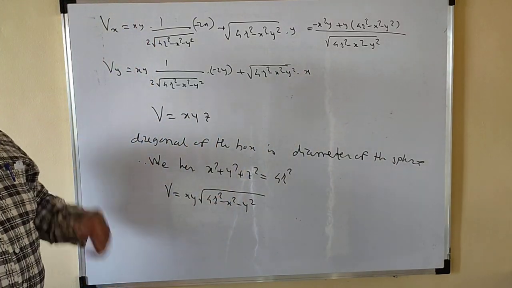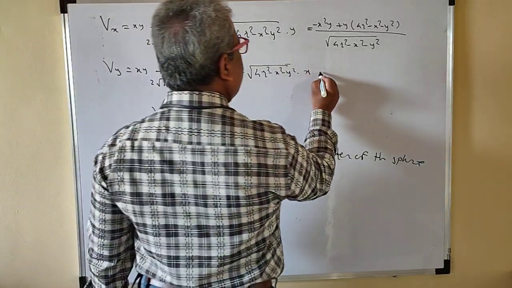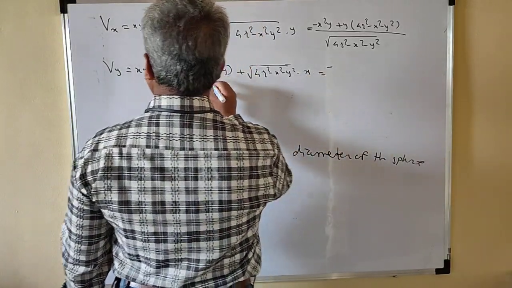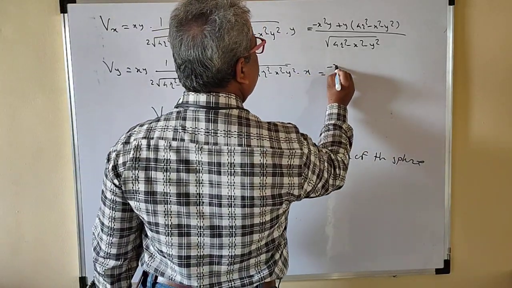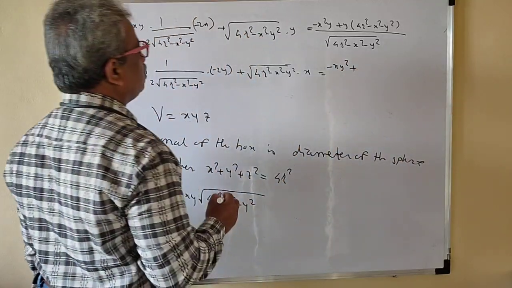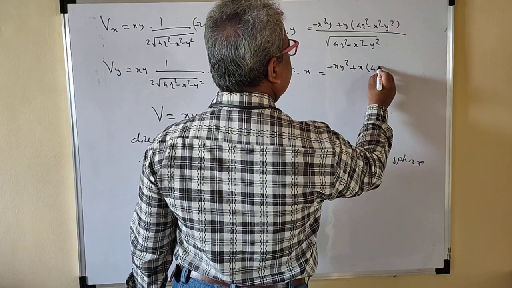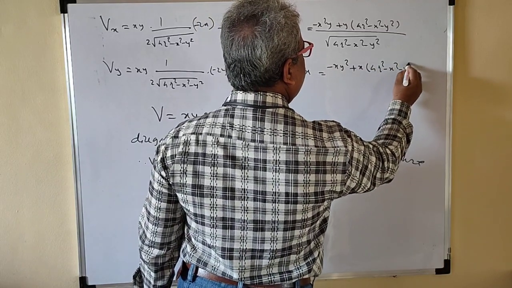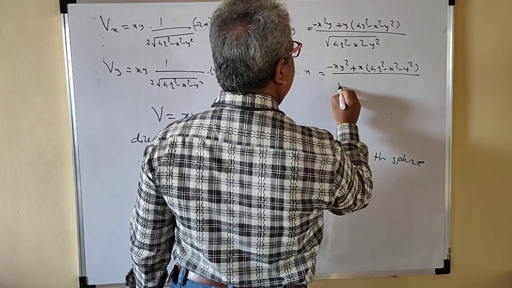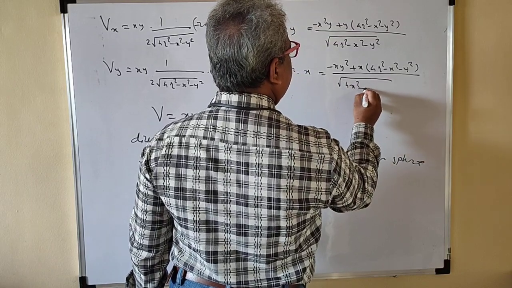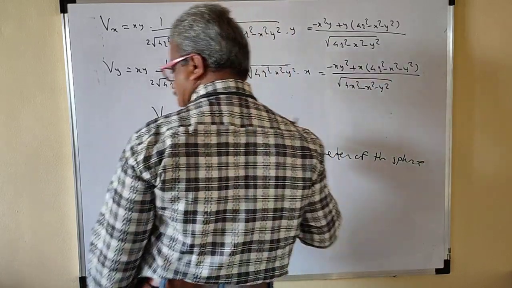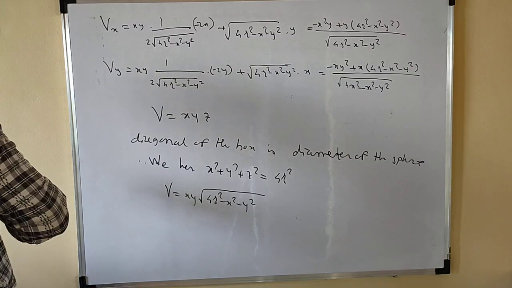Derivative of xy partial with respect to y. Okay, so this is what then minus. So 2 can cancel here, xy square, plus x into, we have to take the square of this one, 4r square minus x square minus y square upon root of 4r square minus x square minus y square. Okay,